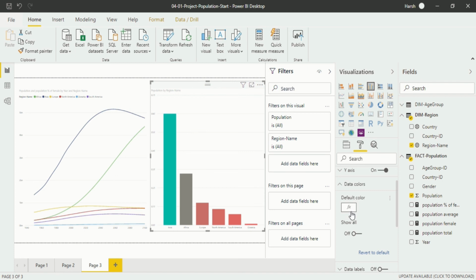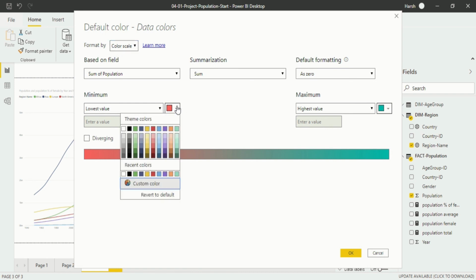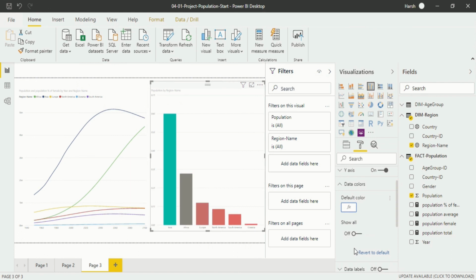You can also see in here that you have put a conditional formatting, due to which there is one box that comes after the default color, that is fx. And if you want to make changes in it, you just have to double click on it. After that you can do any changes, like if you want to change the color, I want to make it black, and this is okay. Again you will see the changes in your bars in the visualization. So this is how conditional formatting works in your visualization.